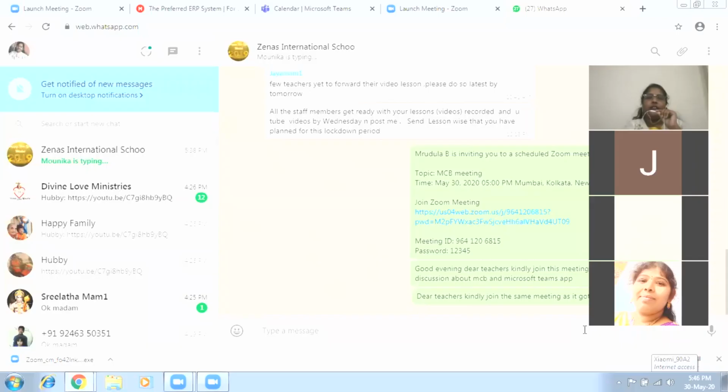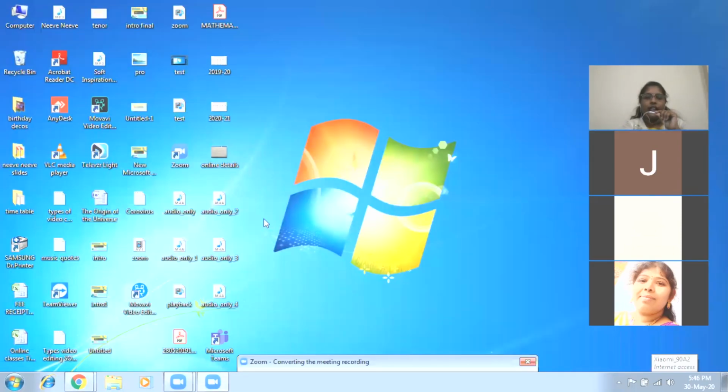In this, you have to take the URL as teams.microsoft.com. Please make a note of it. Once you give this URL, it will ask for login credentials.